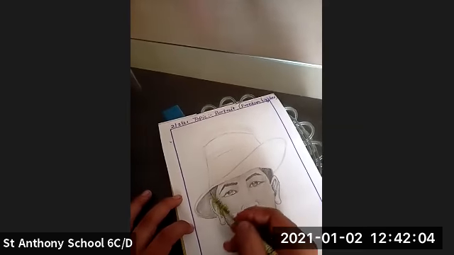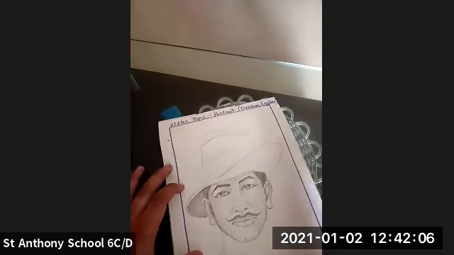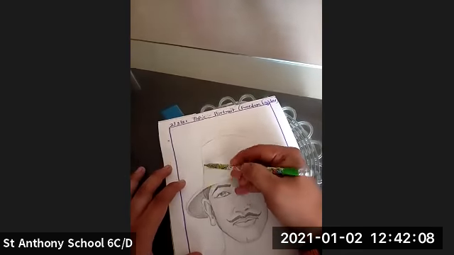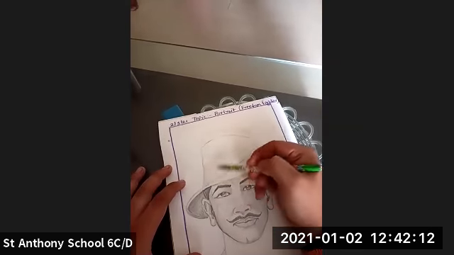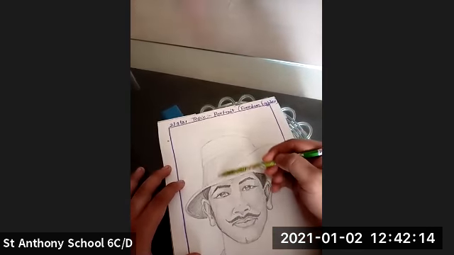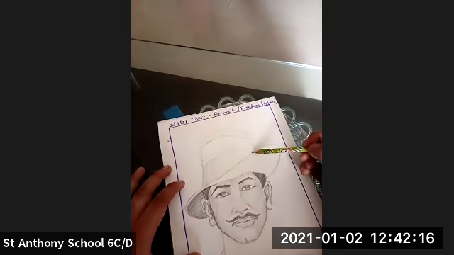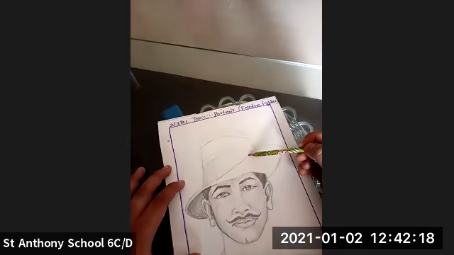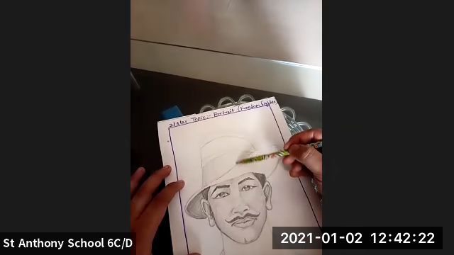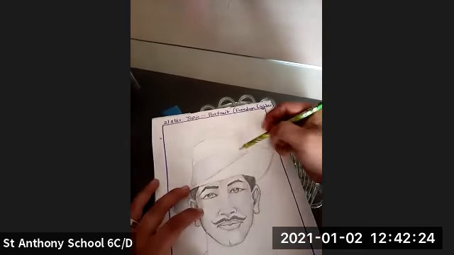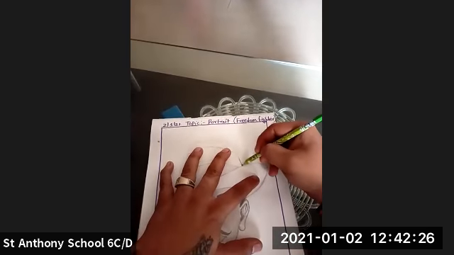So this is how you're going to add the shades in this. Okay. And this is the hat. Add the shades in this way. Okay. So this is how you're going to add the shades in this.